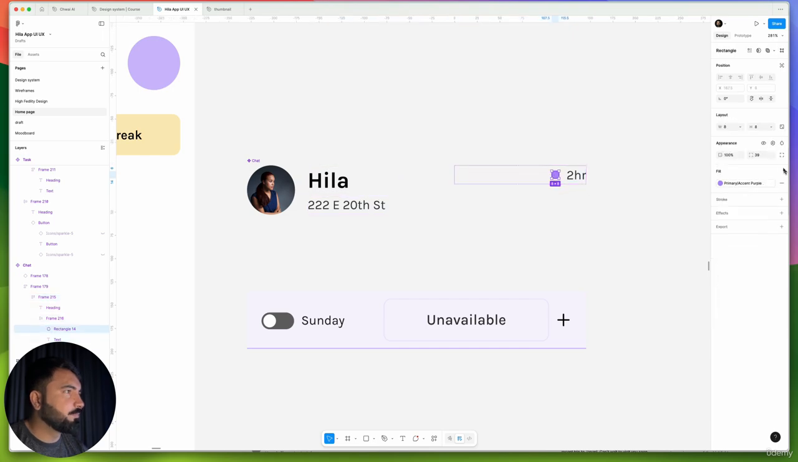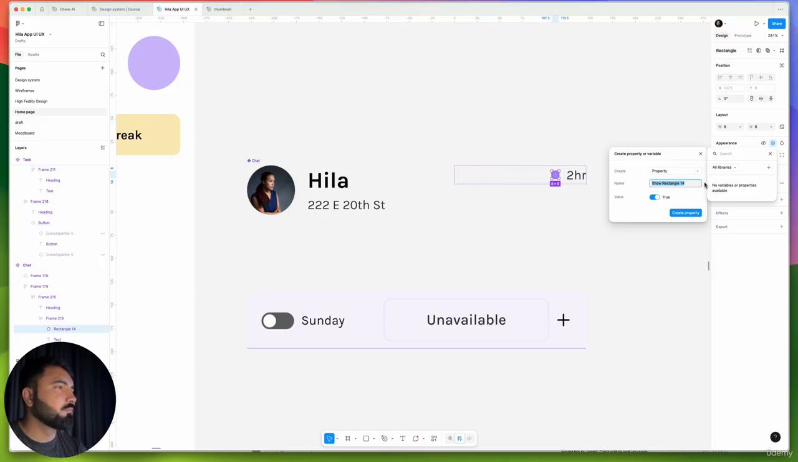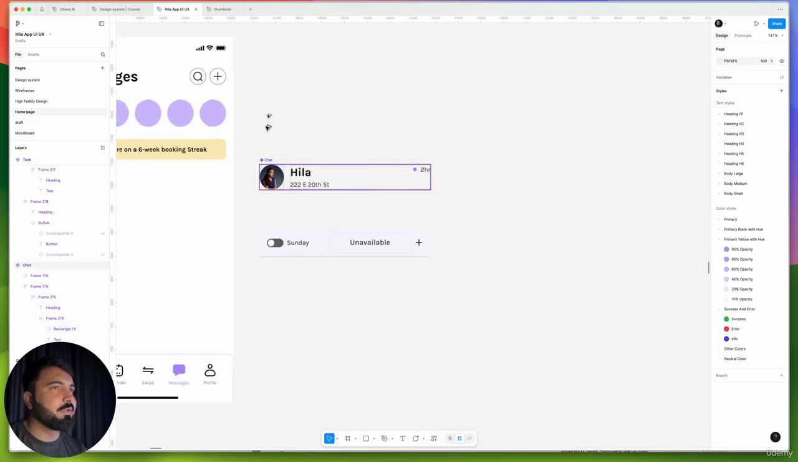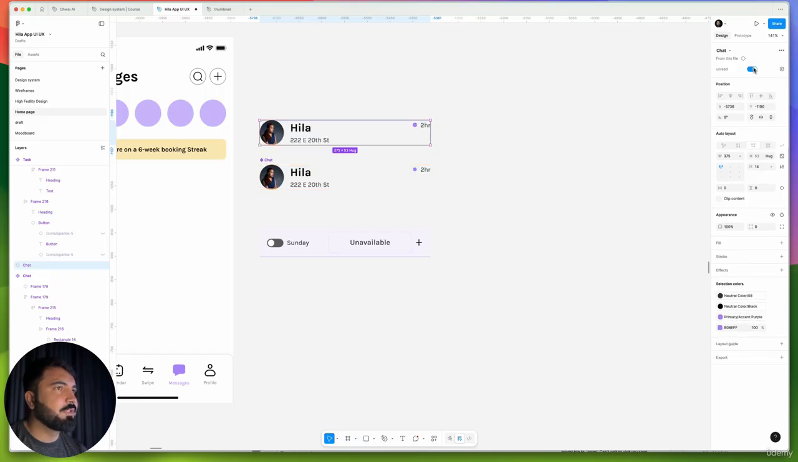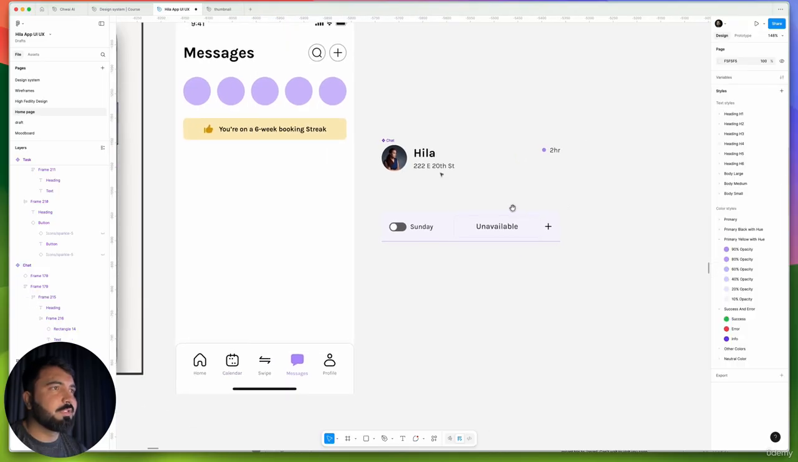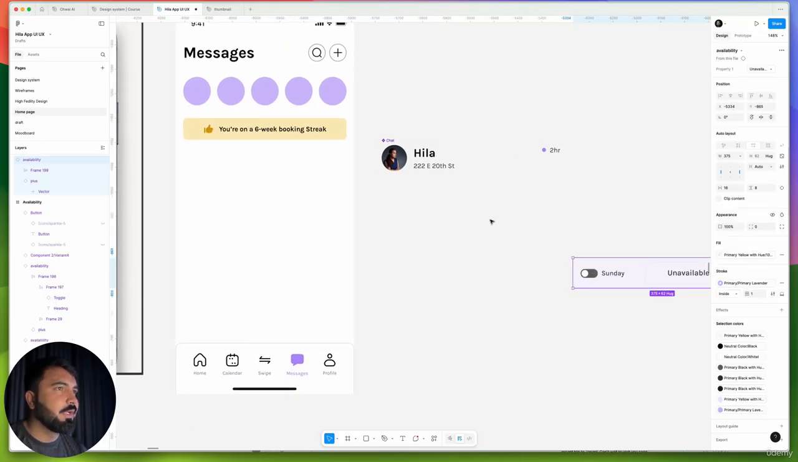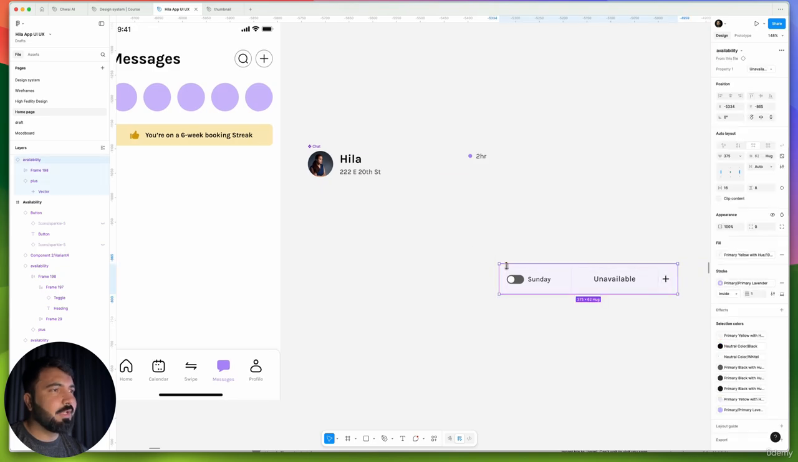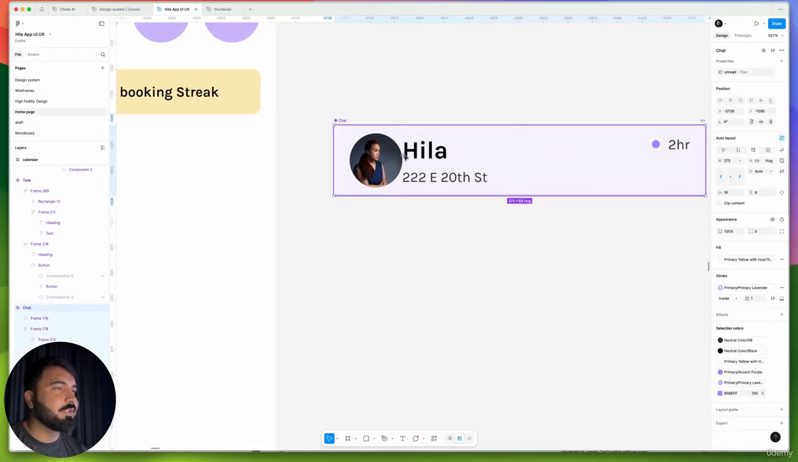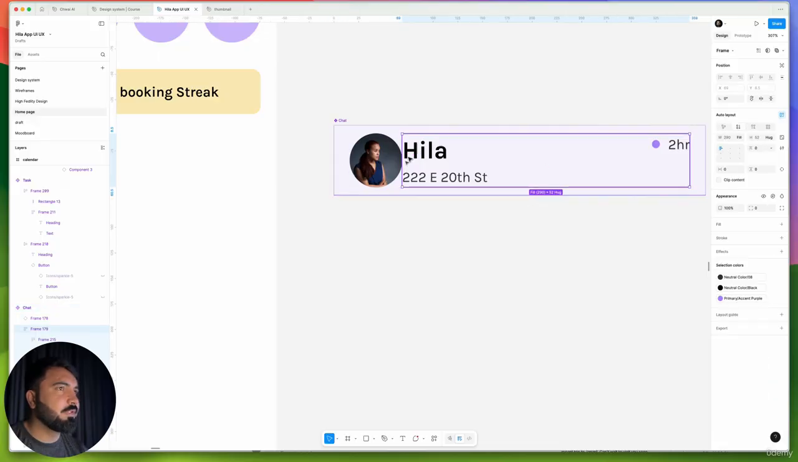So unread message. If it's true, then we will have it, else we won't. For example, if I don't need it, it will just disappear. Okay, perfect. So I think we created the thing that we were looking for. Lastly, I will copy the property from here and paste it here. Perfect. Boom. Now you can see we're here, but one thing that we need to add here is